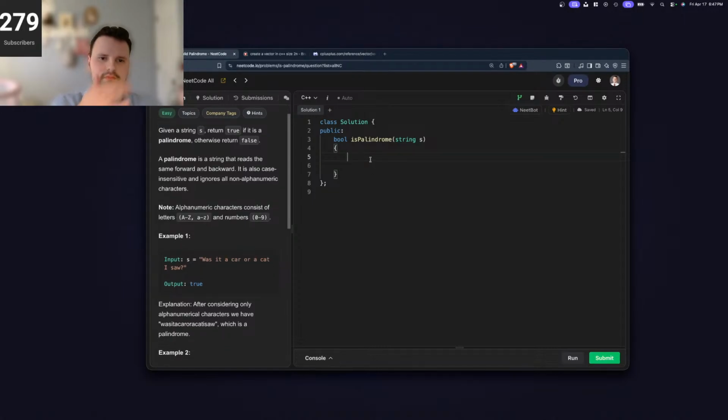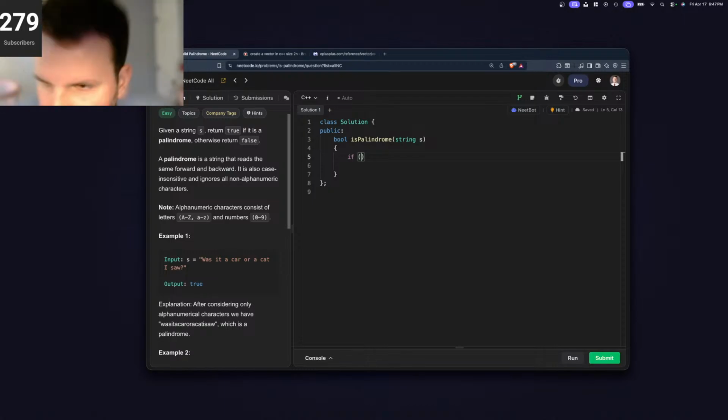So I guess we'd want to make a new string maybe. No. This one should be pretty easy. I think I can think of an O(n) solution. I'm gonna try and figure it out, and if I get stuck, I'll ask, but